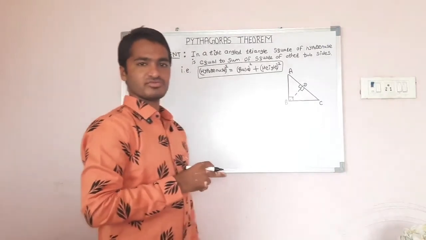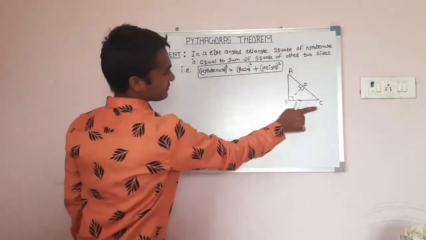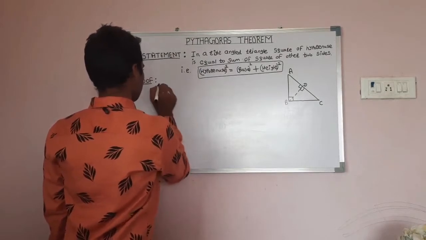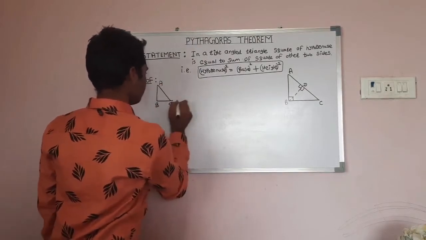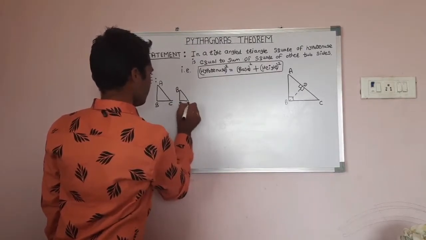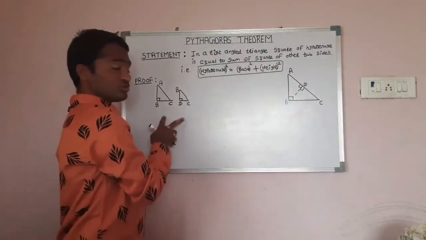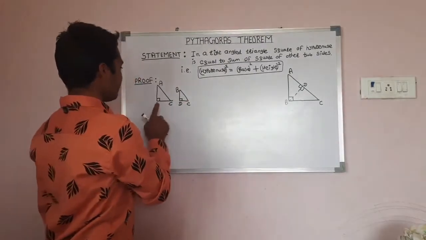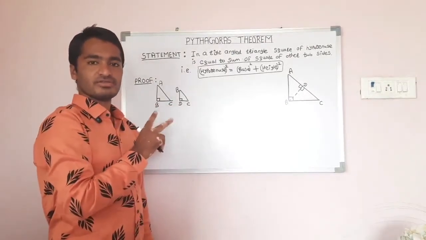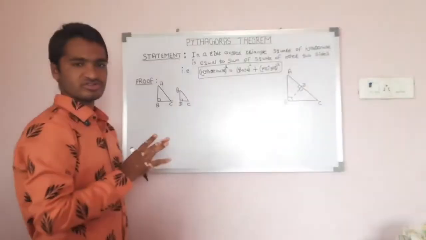Now we will take two triangles with the base BC as a common side. The two triangles are triangle ABC and triangle BDC, which is a small triangle where D is a 90 degree angle. In triangle ABC, angle B is 90 degree. In both the triangles, angle C is same and angle B is equals to angle D is equals to 90 degree. These two conditions satisfy the properties of similar triangles. Therefore, you can say that triangle ABC and BDC both are the similar triangles.